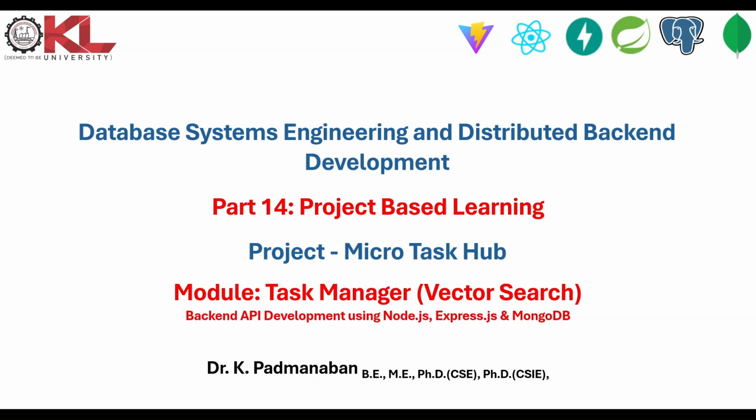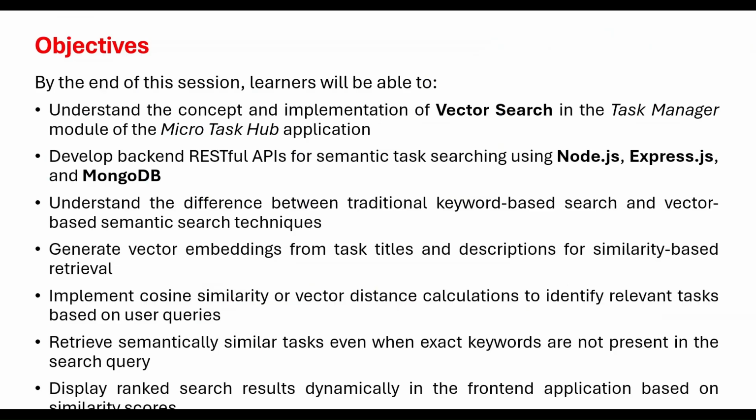In this session, we will develop an intelligent search API using Node.js, Express.js, and MongoDB, allowing users to retrieve relevant tasks based on meaning rather than the exact keyword. By the end of this session, you will be able to understand the concept and implementation of vector search in the Task Manager module, develop a backend RESTful API for semantic task search using Node.js, Express.js, and MongoDB, understand the difference between